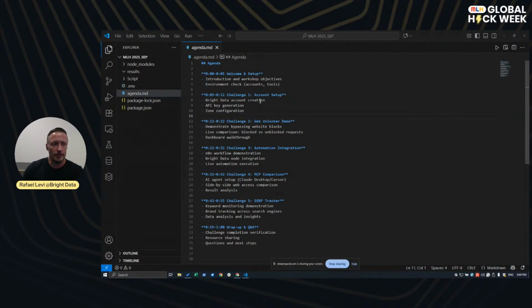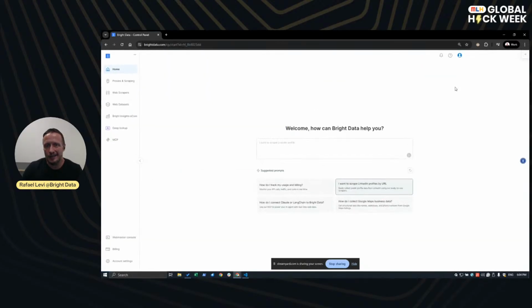So let's start with creating an account, right? Obviously, let me pull up a browser here so we can actually do this. I'm not going to show you how to create an account, right, guys? Go to brightdata.com, click on sign up, fill out the information, boom, you're ready to go. But what I do want to show you is